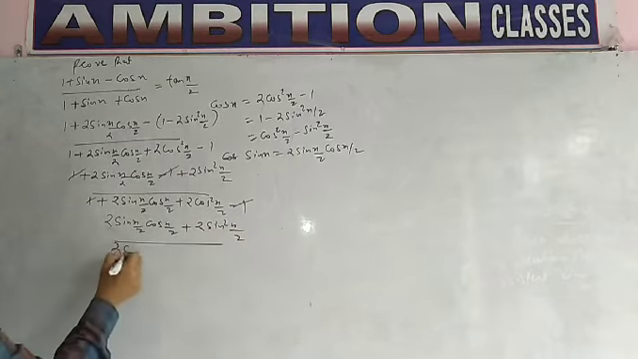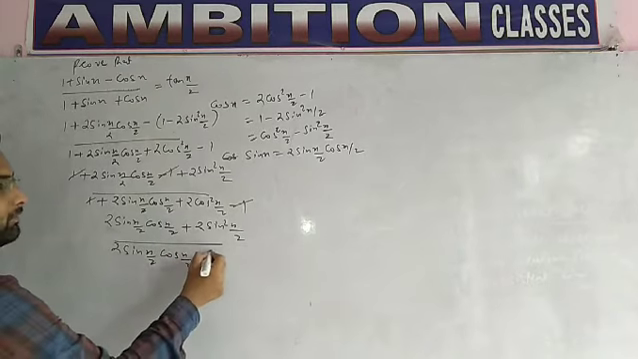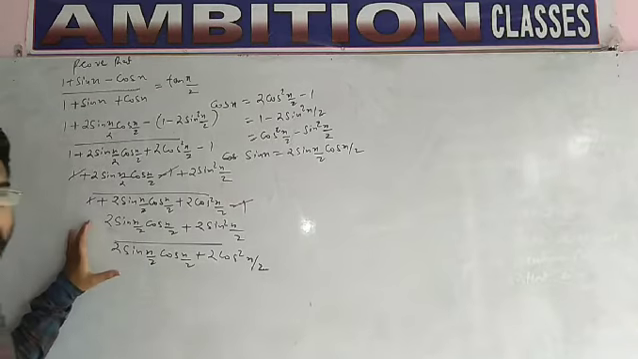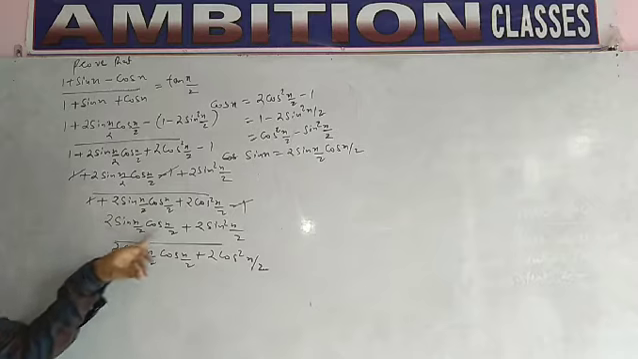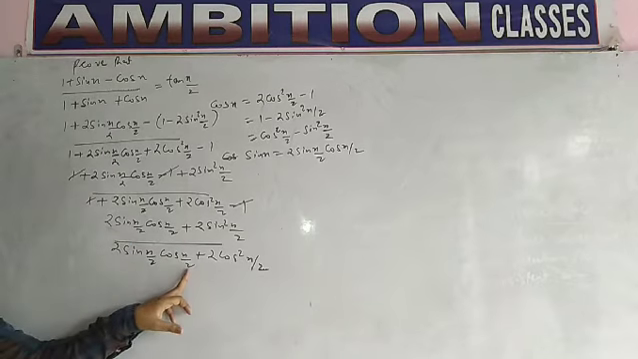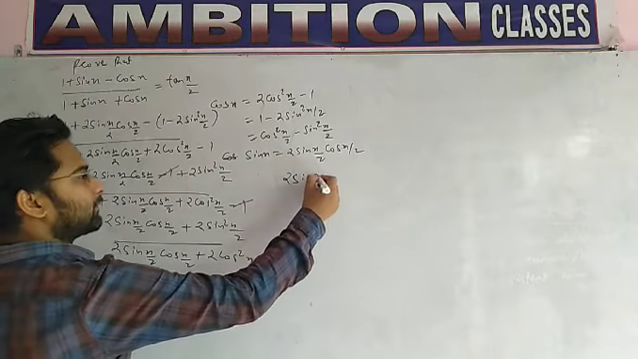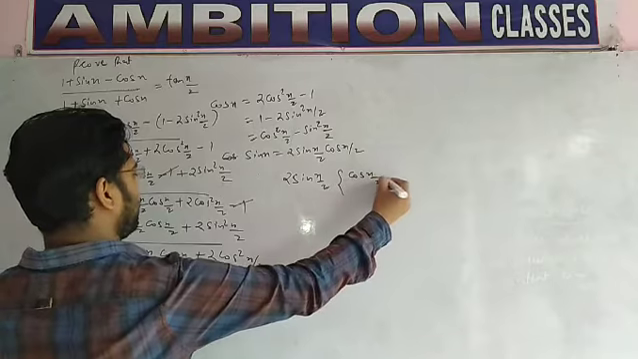Here we will have 2 sin x by 2 into cos x by 2 plus 2 cos square x by 2. Now we have to take some term as a common. What we will get here? We will get 2 sin x upon 2 as a common, and here we will get 2 cos x upon 2 as a common. So we will take common 2 sin x by 2. We will get cos x by 2 plus